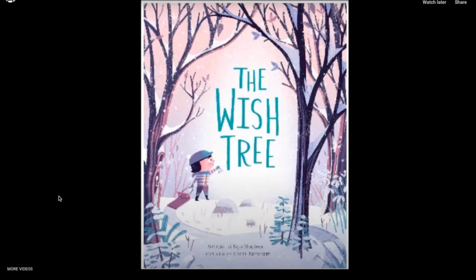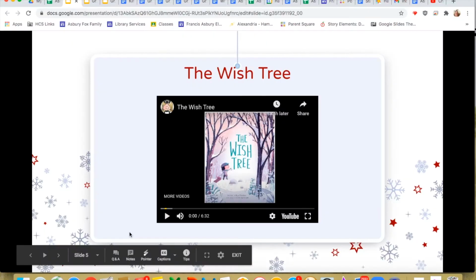So, what a very nice story. So, he was looking for the wish tree and he found the wish tree and he was able to put his wish on it. But I wonder what his wish was. I don't remember that they ever said what his wish was. Maybe it was for him to have dinner with his friends. But that was so nice. He helped his friends out and then his friends helped him out and gave him dinner and they had such a nice time together. So I hope you guys liked that story. It was a very, very nice story.